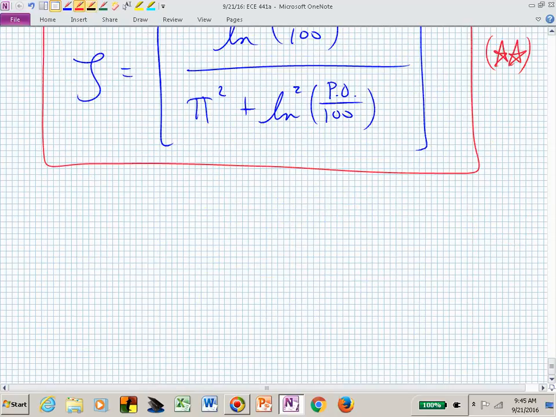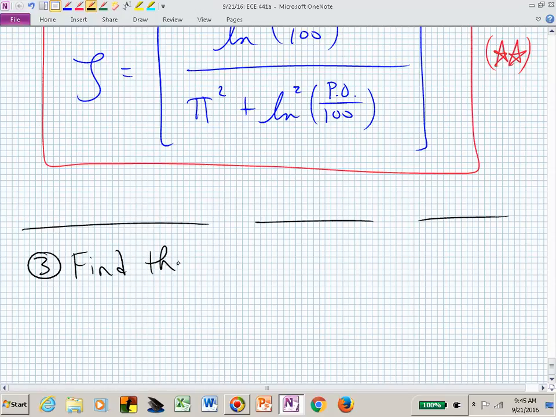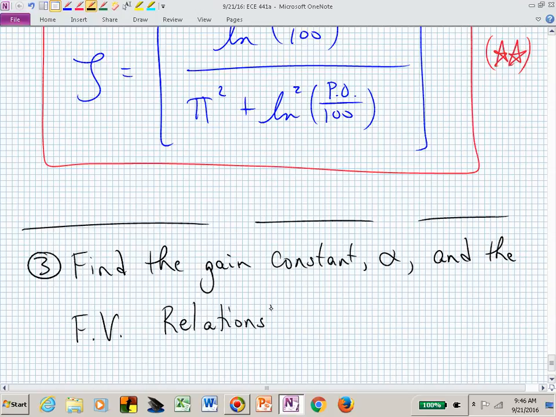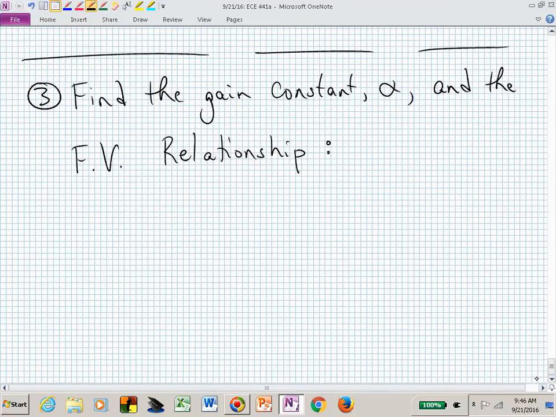And we have one more piece to worry about. Now we need to find the relationship. We really haven't used anything relative to the final value and the applied input A. So let's find the gain constant in our transfer function, alpha, and the final value relationship. First, you guys are going to be experts at using the final value theorem. Now, let's use the final value theorem to obtain alpha,